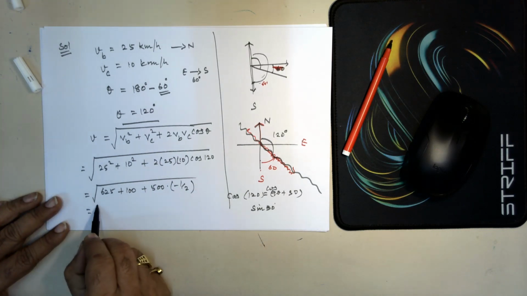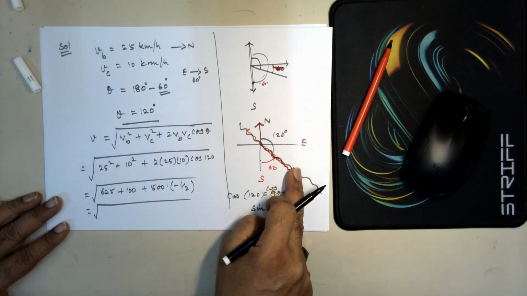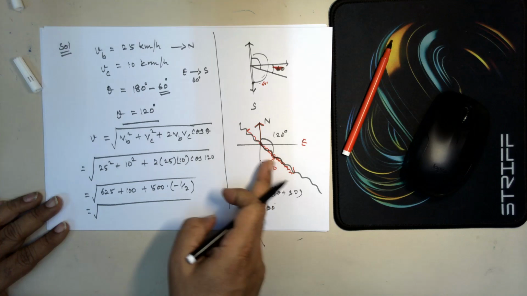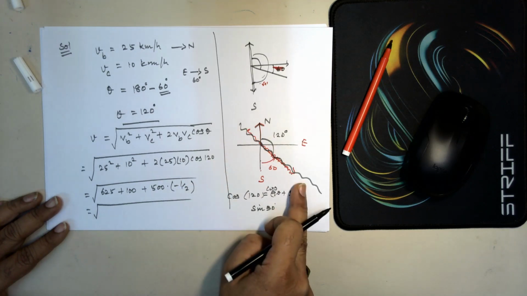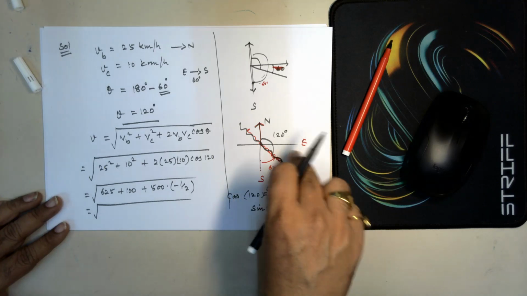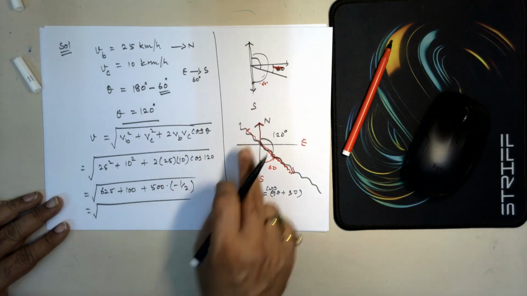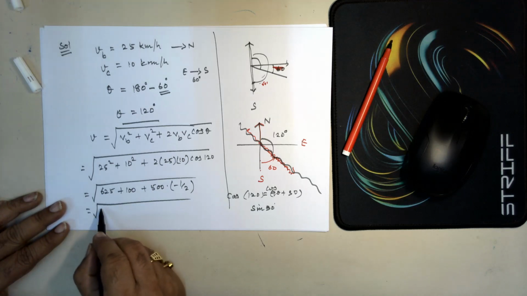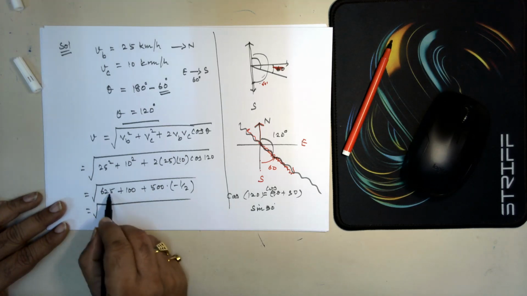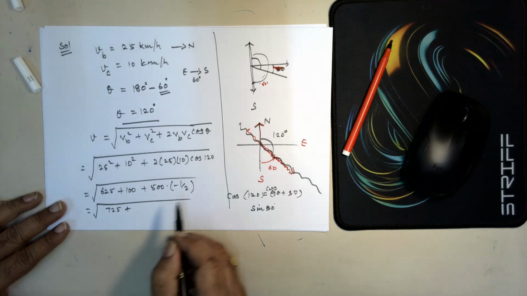So therefore, it is in the fourth quadrant. The 120 is in the fourth quadrant here. So that is what we have to consider because it is a negative angle. Okay, it is going in this way. So 625 plus 100, how much? 725. And then